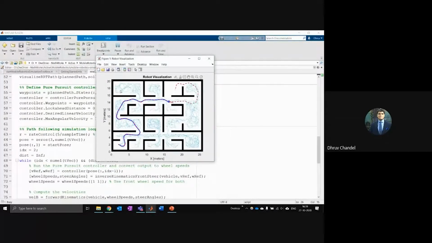So the idea here is that if you have the grid figured out, you know the starting point and the end point, then you use the RRT algorithm or the PRM algorithm to work out the path to follow. The path serves as the waypoints. So you feed the waypoints to a pure pursuit controller. That pure pursuit controller then converts the velocities into the values for your wheels, and those wheels you control with a PID controller or something similar. Right? So step by step, we have built up to the point where if you have a grid, you can have a robot sort of navigating to the end of the grid autonomously. Okay.